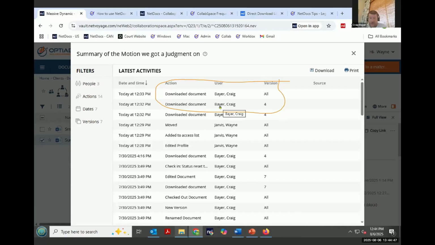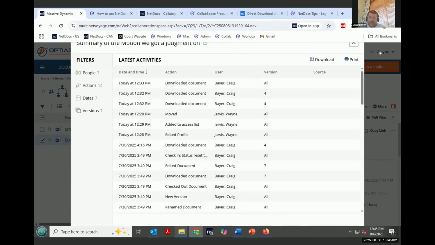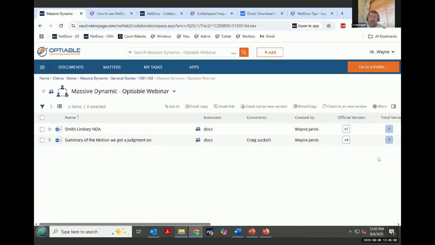So when people ask, hey, how do I know, because this person says they never got the documents? Well, if you go into the audit trail, it specifically tells you that. And the other thing, and I don't want to get into the weeds because this is not about this, but if we come into our NetDocs here, if you really have an issue and it's getting legally contentious of whether they got the documents,